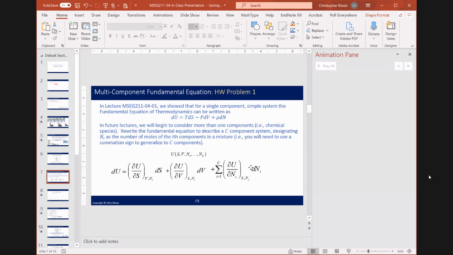So this is the ultimate answer. It's the summation from i equaling 1 to C. So we're just going to sum all these terms. Let me do a little bit more clarification here, just to, you don't have to do this, but